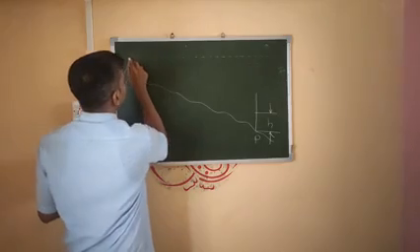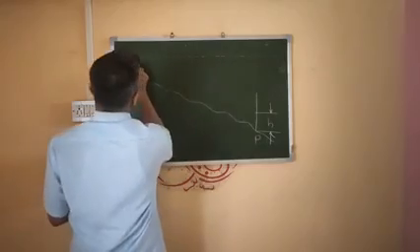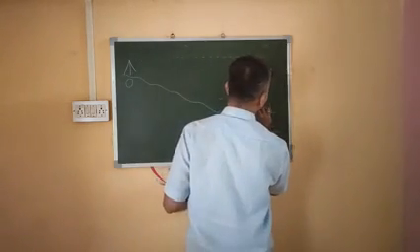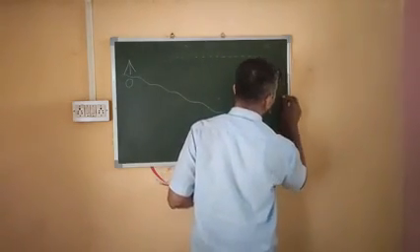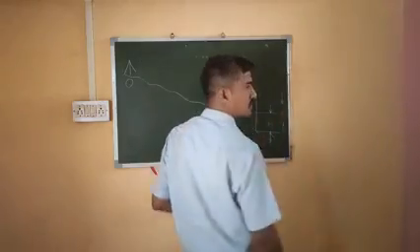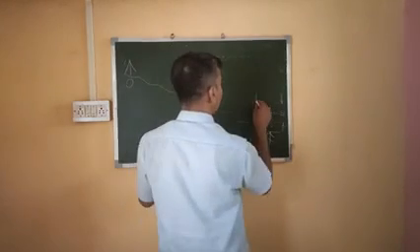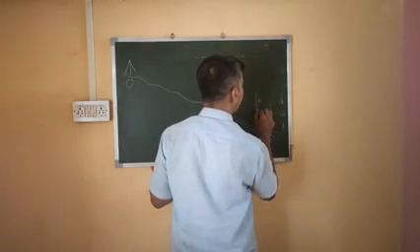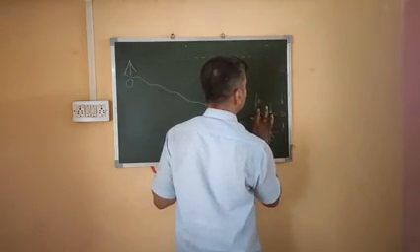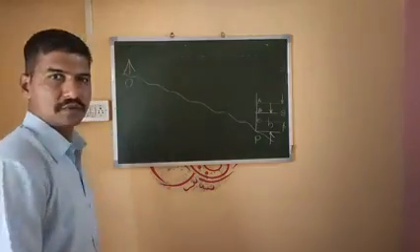Then I will draw the top hair reading in dotted form and the bottom hair reading again in dotted form. So this is the top hair reading, say this is the bottom hair reading. The distance between top and bottom hair is nothing but S. You may call the top hair as A reading, middle hair as B, and the bottom hair as C. A, B, and C. Got it?